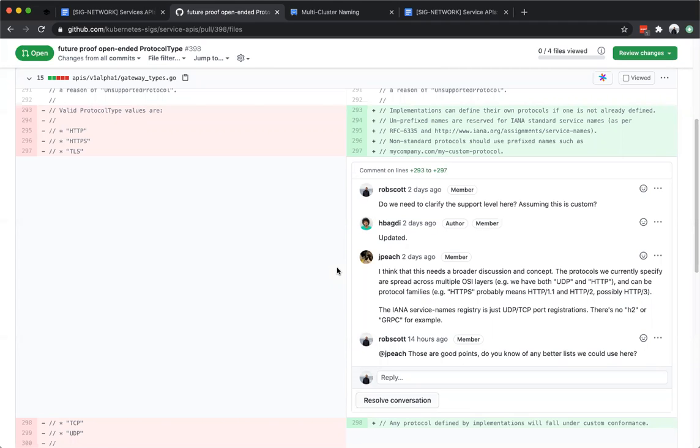I wonder if one option would be, right now we've got the protocol type values that include application level protocols as well as transport level protocols like TCP and UDP. Would it make sense to split that into two and have app protocol types that are HTTP, HTTPS, some of these custom level app protocols, and then have transport protocol types that would be TCP, UDP.